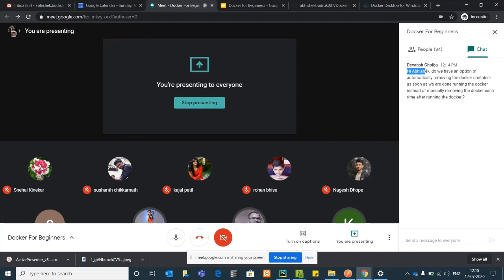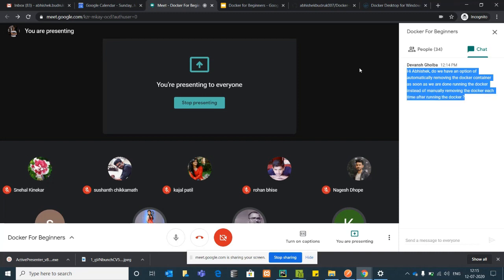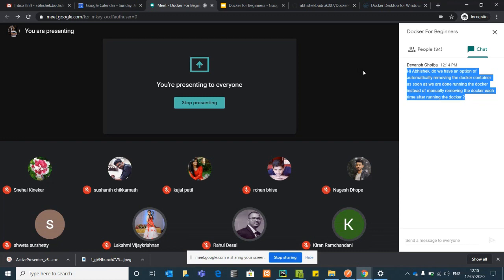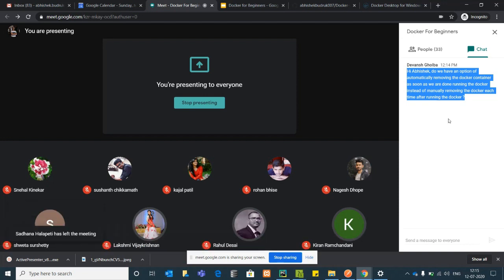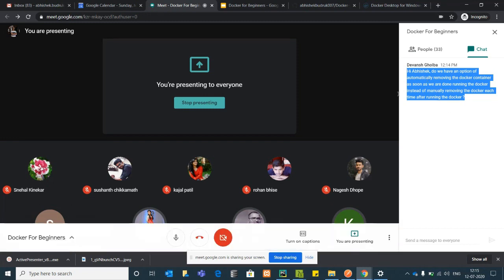Okay, there is one question. Yes, Devans. Yes, we do have a concept called Kubernetes. There we can remove the Docker applications which are not in need, and when we are in need, we can host a separate Docker container.